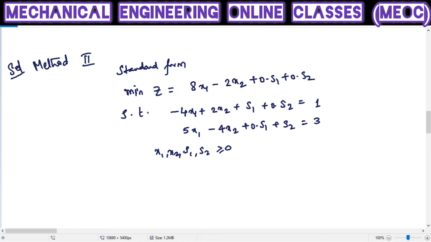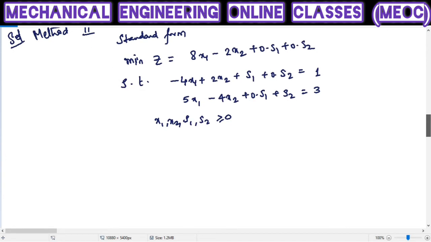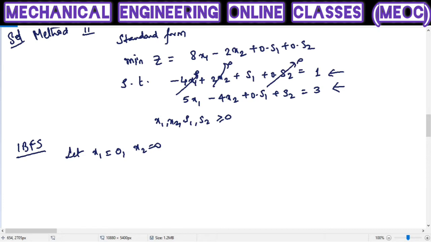All the expressions are written in terms of all the variables. Now let us see the IBFS to this. Initial basic feasible solution starts with an assumption that x1 and x2 are zeros. Then substitute x1 and x2 here. We straight away get, if this is 0, this is 0, this is already 0. So s1 is equal to